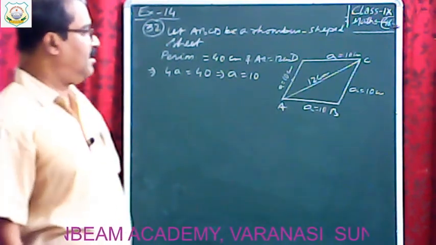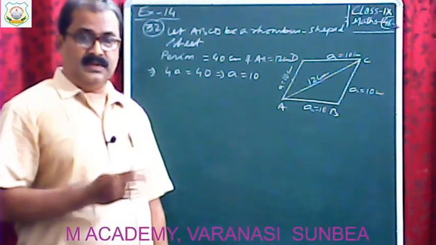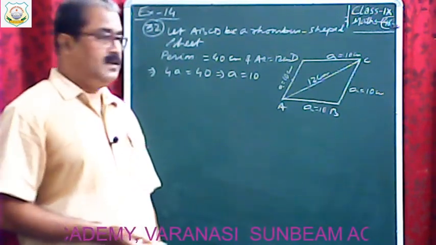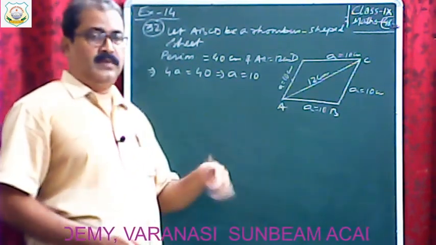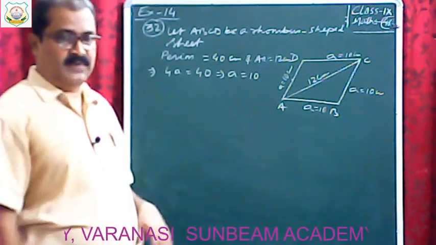Okay. So after getting area of triangle ABC, you have to double it, you get area of rhombus ABCD, and after getting area of rhombus ABCD, you have to find cost of printing at the rate of rupees 5 per centimeter square both the sides. Okay. So again you have to make it double, because you have to print both the sides at the rate of rupees 5 per centimeter square.